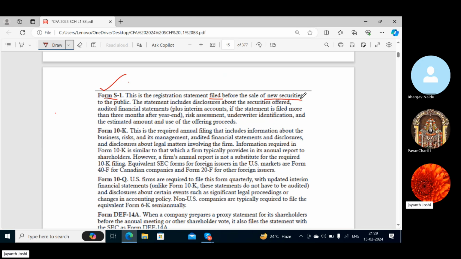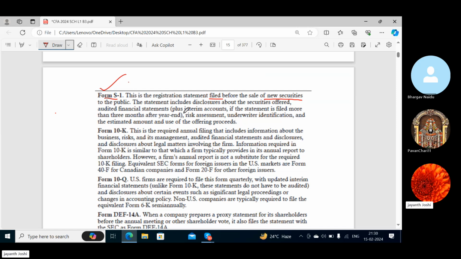Whenever a company has to start its own operations, it has to get itself registered, right? And if they want to raise funds and issue new securities in the market, they have to get themselves registered. So they have to register through Form S-1. They are filing their registration statement, or sharing their details with the regulators. That means you have to share your details to get registered. Under this form they do that, and they have to do this prerequisite before issuing any